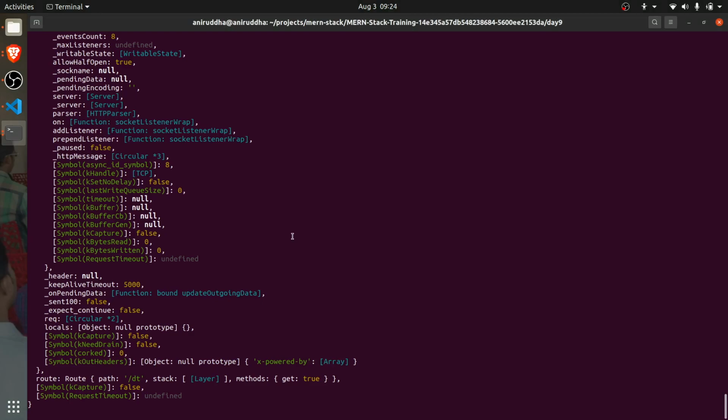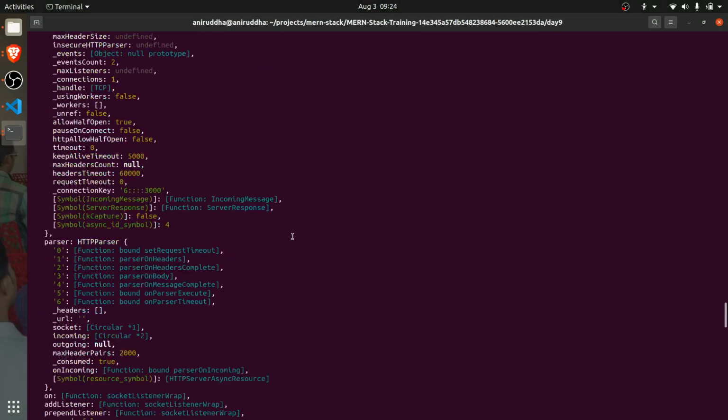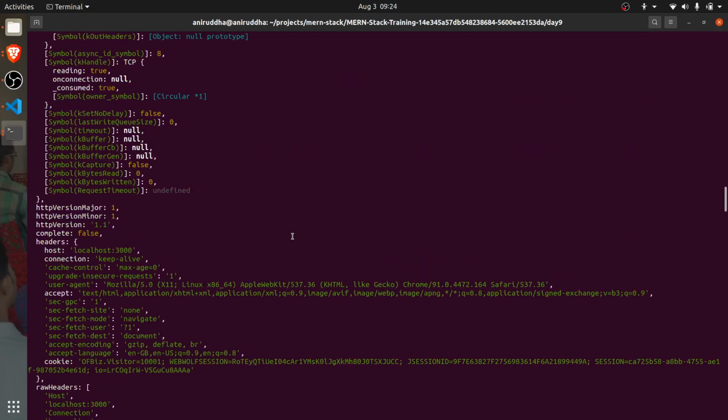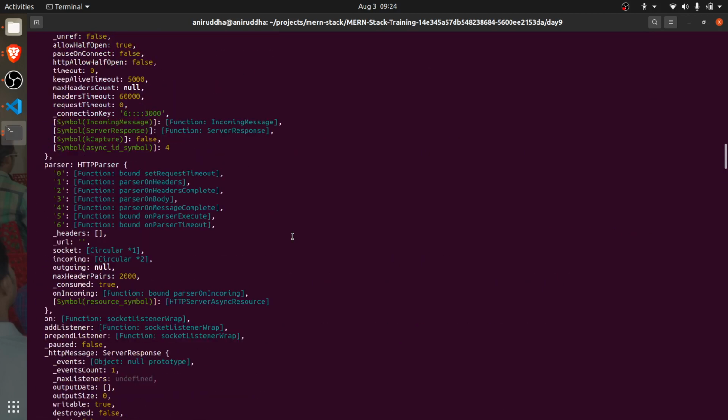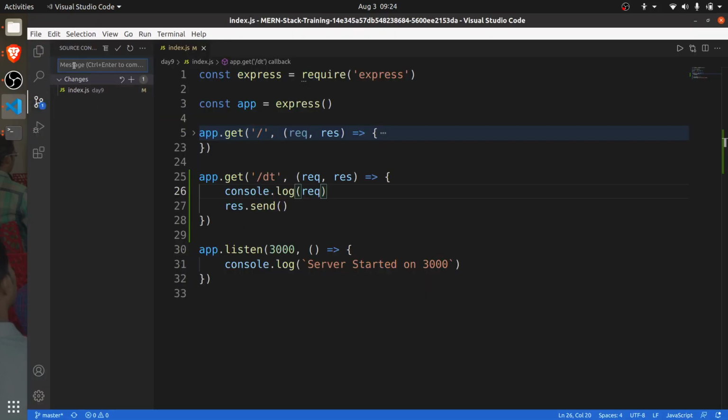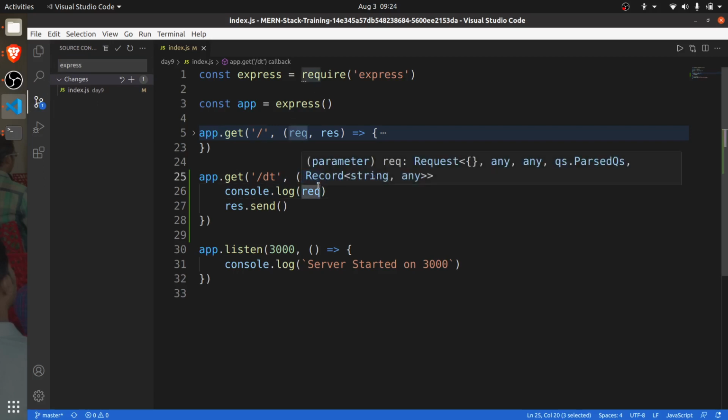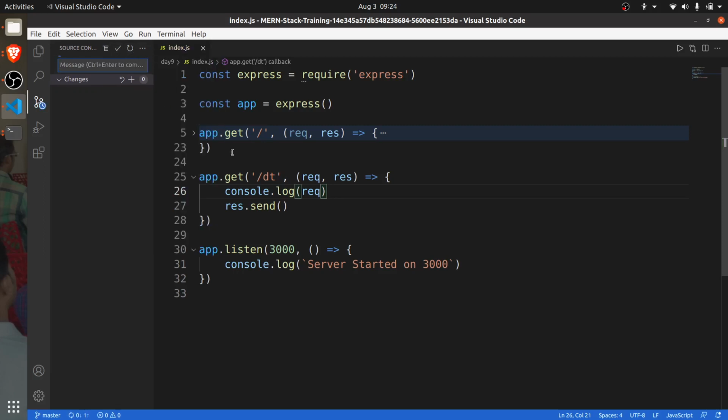Okay, if you see this thing, just try this much on your machine. I'll push this code also. Just try this much and try to print both the request and response objects and see what happens. We'll see how to handle the request and response in Express in a moment. So write this much of the program and try to console.log request and response.